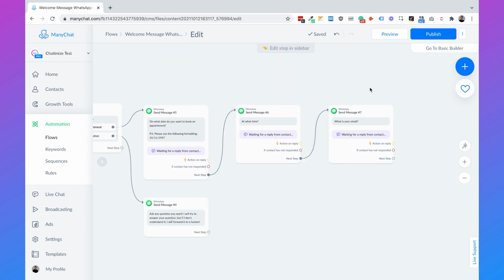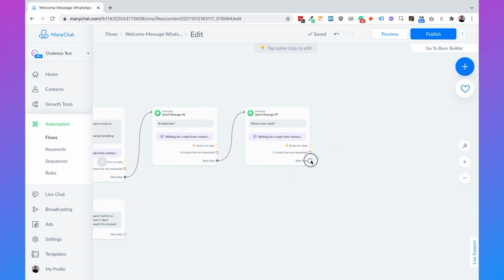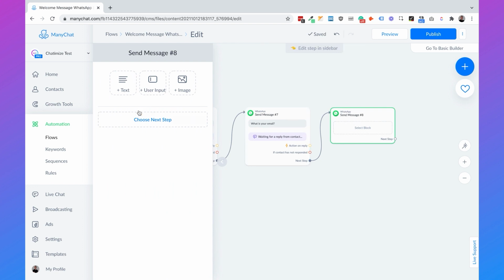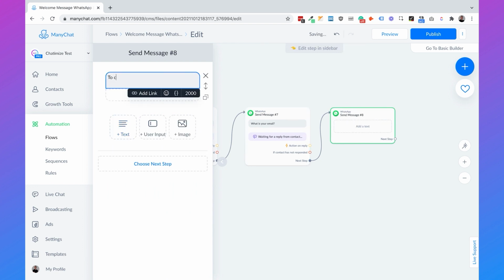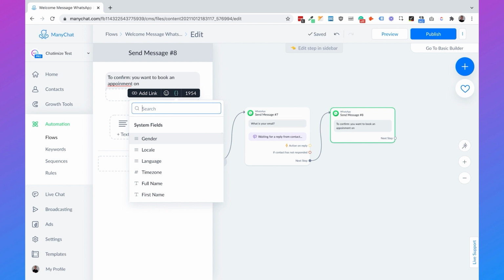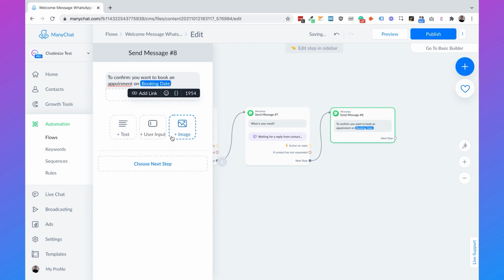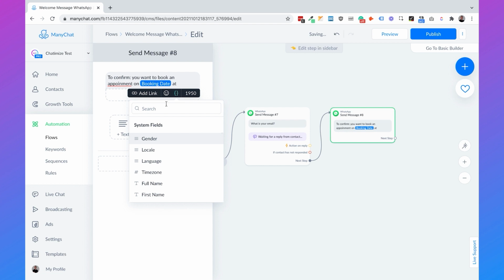And when they have filled in the date, the time, and the email, we can say a confirmation. So the text will be, to confirm, you want to book an appointment on, and then we're going to use the brackets, booking date at booking time,